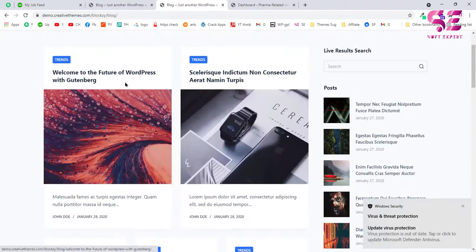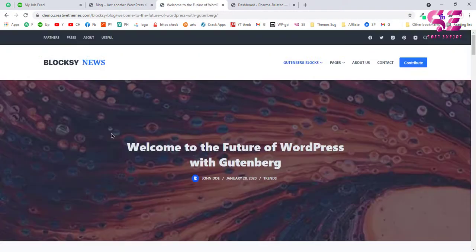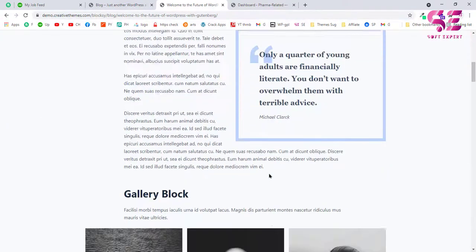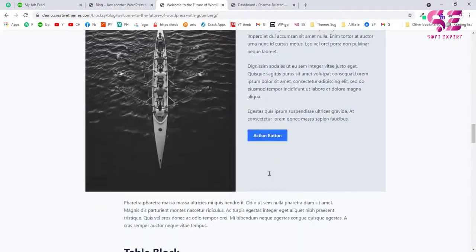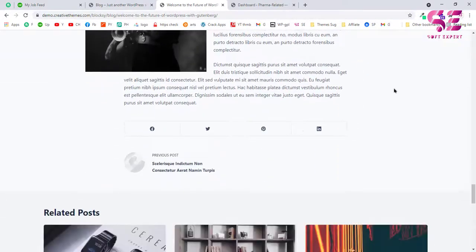Now let's check a single blog post. So if I click over here, then this is our single blog post with the header image and the title. This is the author, date, and the category, and this is how a single blog post will look. Now you can also customize this look if you want. You can also display the sidebar on this page. Again we have the social share links, so if someone likes this, then they can share this on their social profile.